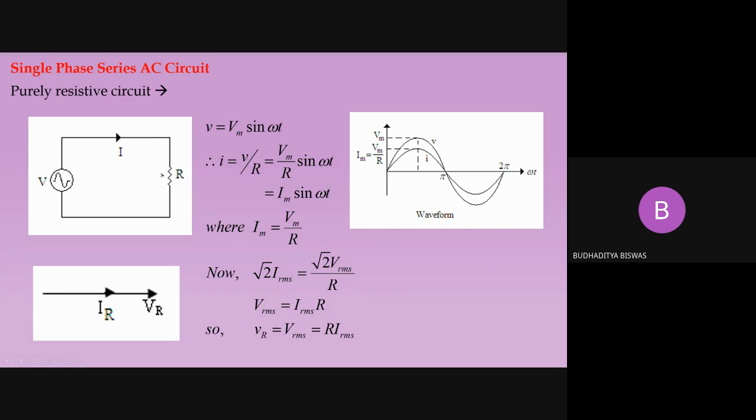some AC current flows through the resistance, and at that time we know that there should not be any phase difference between the voltage across the resistance and the current through the resistance. So that's why you see this is the voltage across the resistance VR and this is IR. They fall on the same line. That means there is no phase difference between the voltage across the resistance and the current through the resistance. This is the phasor diagram, and in the waveform you see that there is no phase difference, meaning the voltage and current start from the same point.